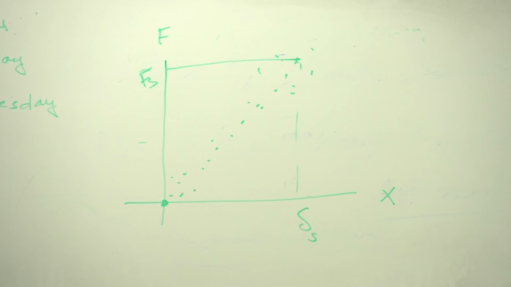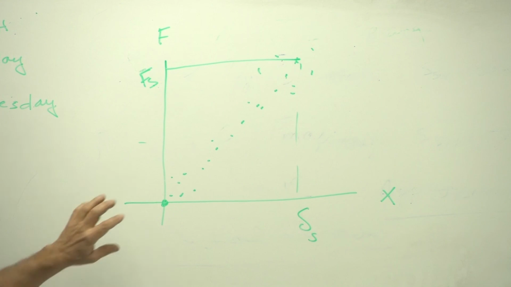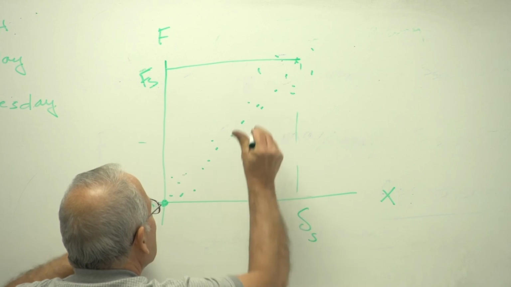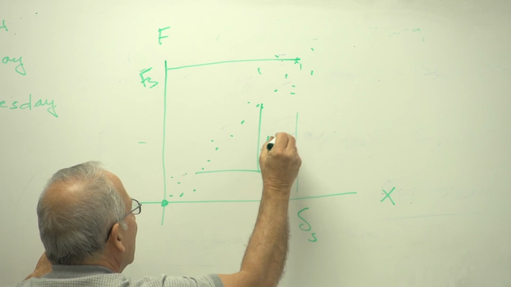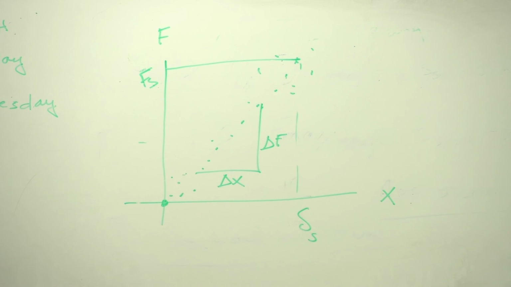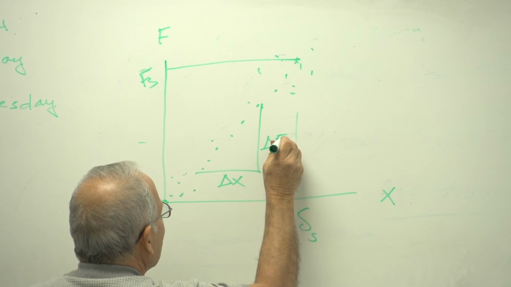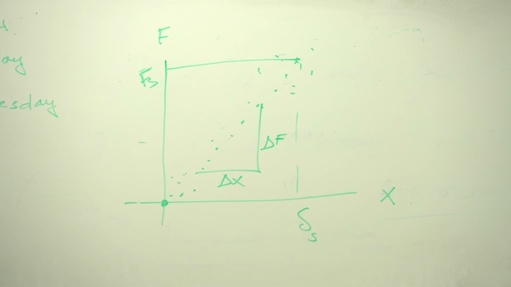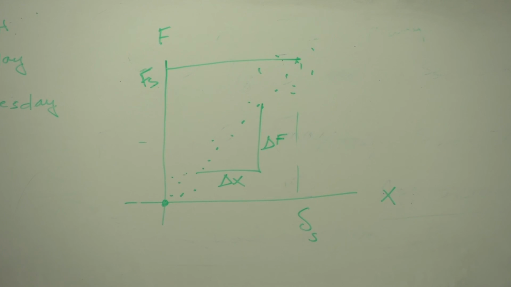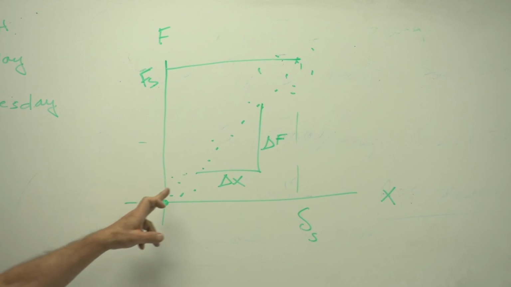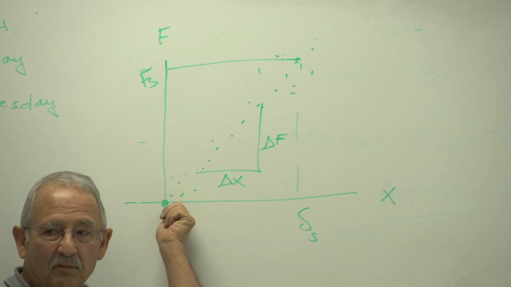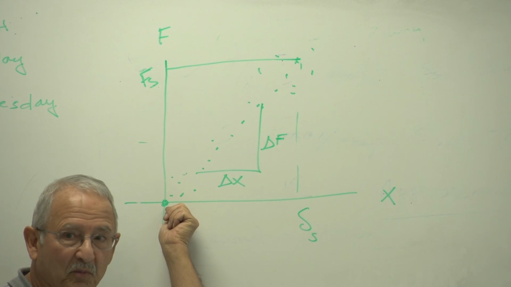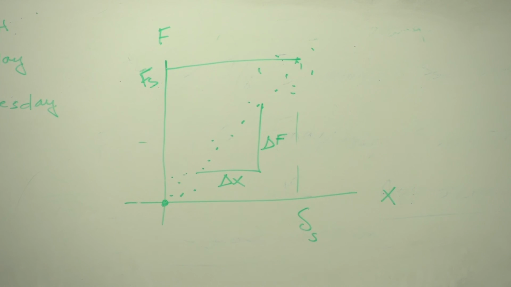So generally, when we want to find the spring constant, we ignore this part, we ignore that part, and base everything in the middle 75%. And that's why you should always calculate the spring constant as the change of force divided by the change of deflection, rather than just simply force divided by deflection. Because in many instances, if you put a good line through these points, it won't pass through the origin. If you put a line through the experimental points, it won't pass through the origin. But the slope is the spring constant.